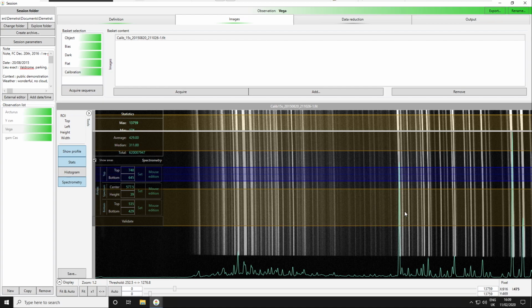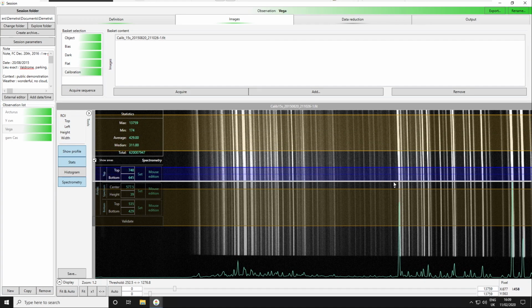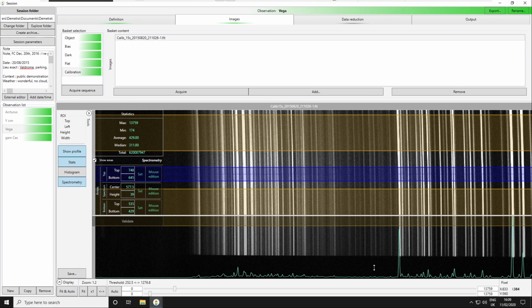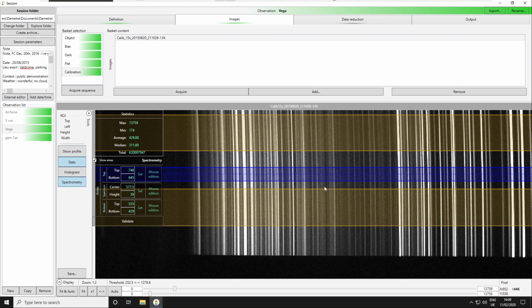If I draw the profile of the spectrum, I see that one line, this one, is much higher than all the others. Okay, and I don't know exactly if it is saturated or not. So I draw a rectangle here, and I look at it and ask for the statistics. Okay, in this case, the total is at 12K, so it's not saturated at all, which is great.